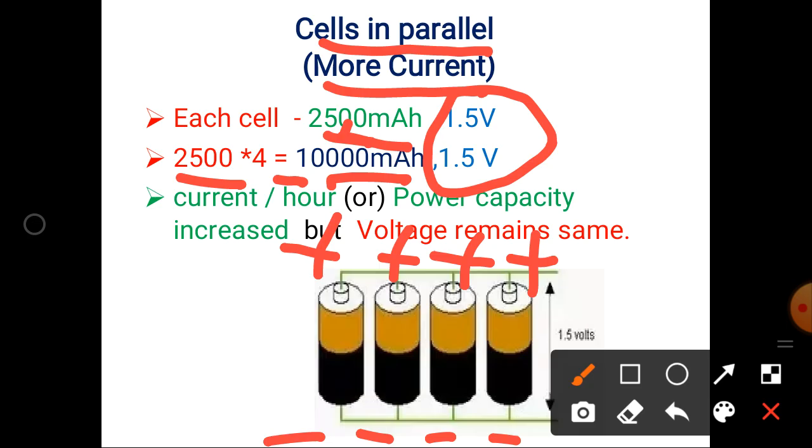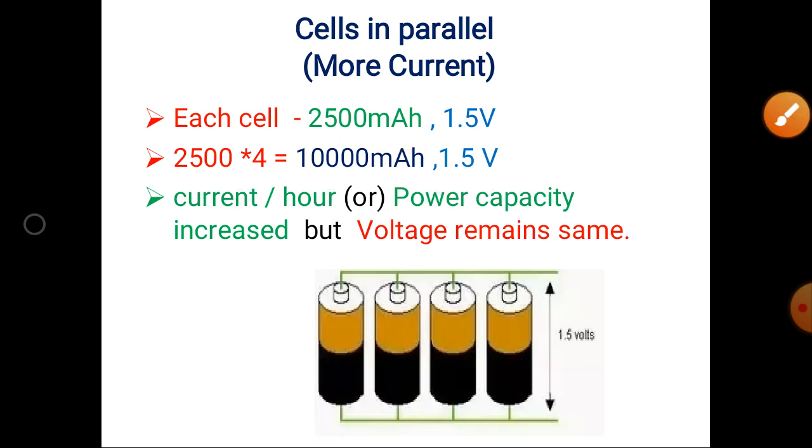Okay, so up to this point we have seen what a battery cell is and what the different sizes of cells available are, and based on the size, what places we use those different sizes of cells. And finally we have seen the technical terms used in the battery, and what will happen if the cells are connected in series and parallel. So this is all the information about the battery size, capacity and usage.